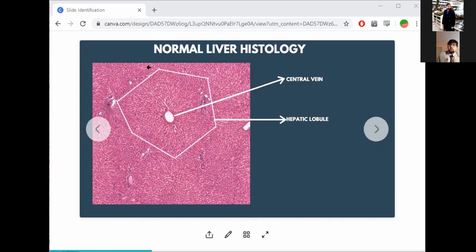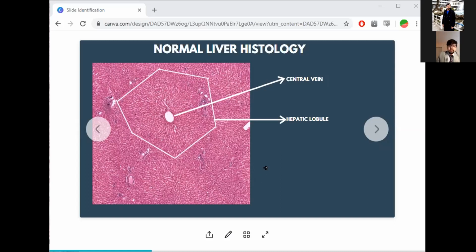Okay, so I know that this is a normal liver histology slide, because I can see that there is a central vein here. I can see that there are portal triads here, right? This is in a lobular shape. This lobular shape is separate from something else here, which is another lobule, right? I can see that there is an orientation to these hepatocytes, and the sinusoids are intact as well, because I can look at them as clear streaks within the hepatic lobule, right?